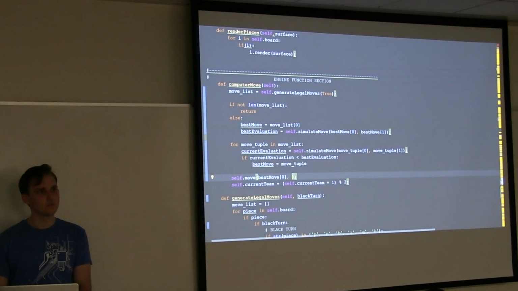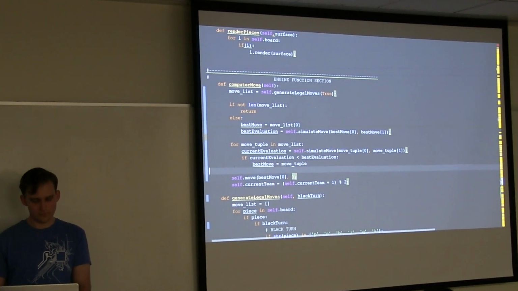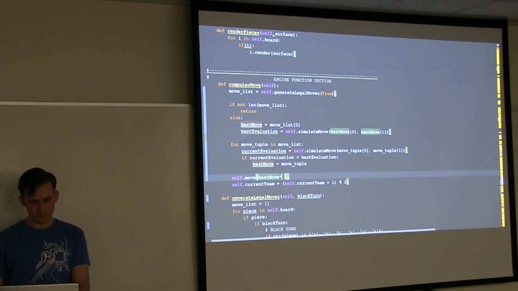I feel it's going to be used a lot of times, so it's better to write asterisk best move. It will just unfold it into those two arguments.